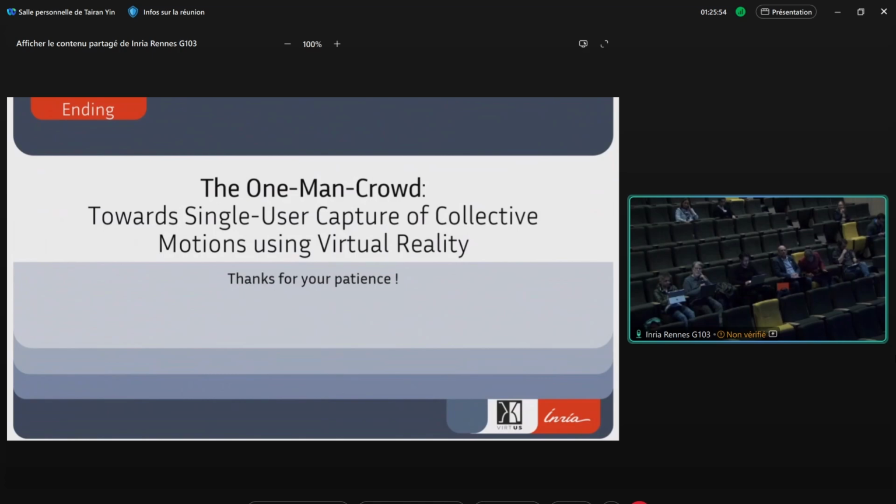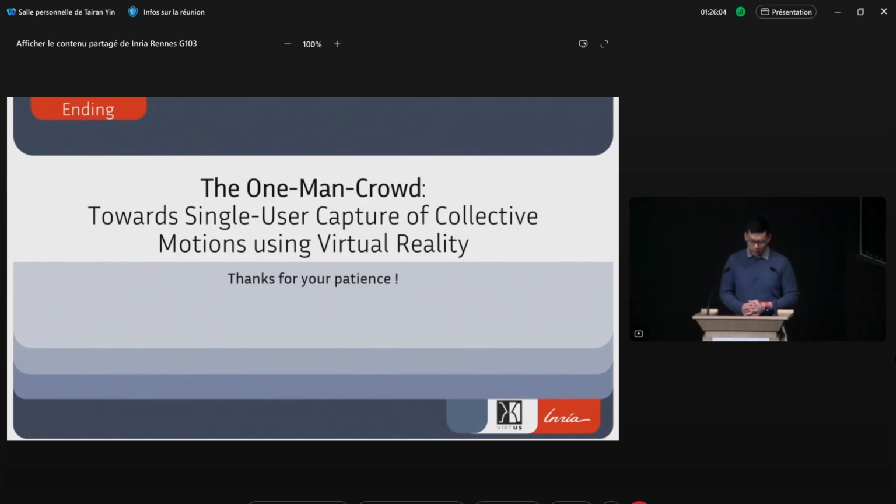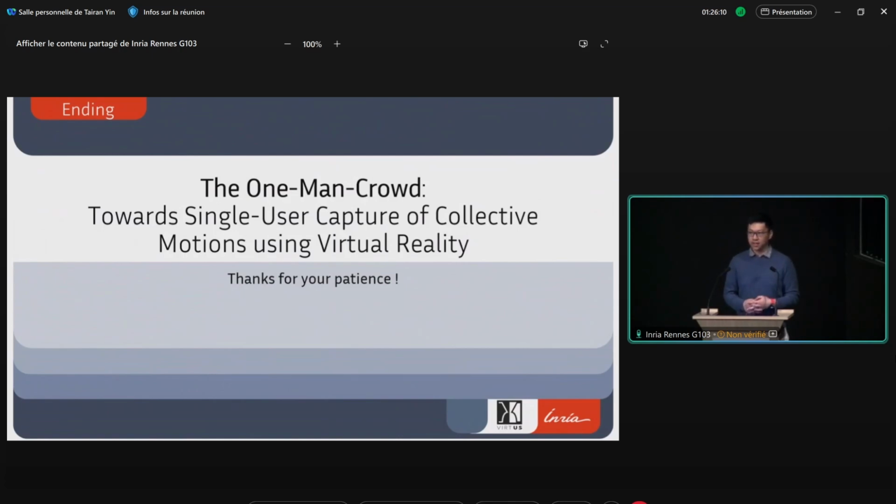So from my perspective, in the introduction, I mentioned all these 3 different categories of applications of crowd simulation to show people how important crowd simulation is, which is not necessarily the direct goal of our one-man crowd paradigm.